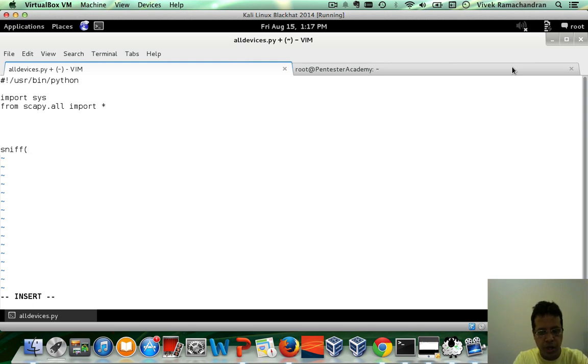The first argument, of course, is the interface. Let's take this as user input, sys.argv[1]. The second argument is the count, the number of packets to go through. Again, let's take this as user input as argv[2]. And finally, the third is the callback function or the packet handler routine. Let's call this